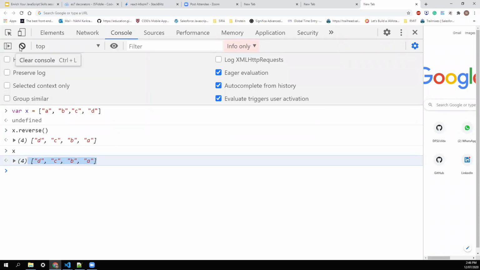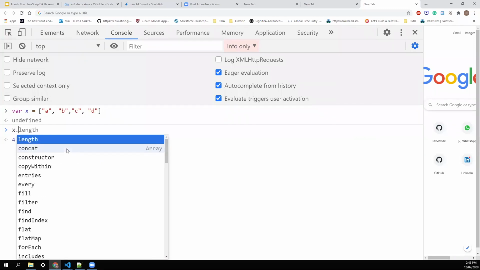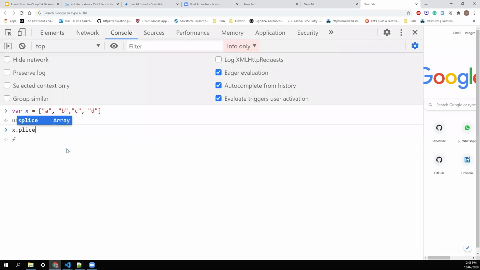Then let's move on to the last one, that is splice. So I'll initialize my array, and this is a little bit tricky but not complicated, but let's see. So I'm applying a splice, so just make sure that the spelling is splice, not slice. There is another method that's going to come, that is slice. So here the P is there, so it's splice.